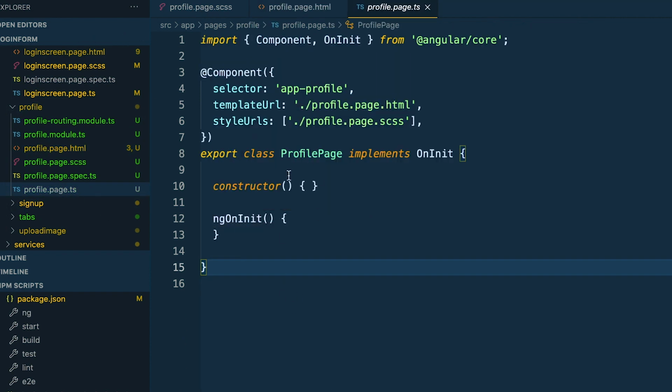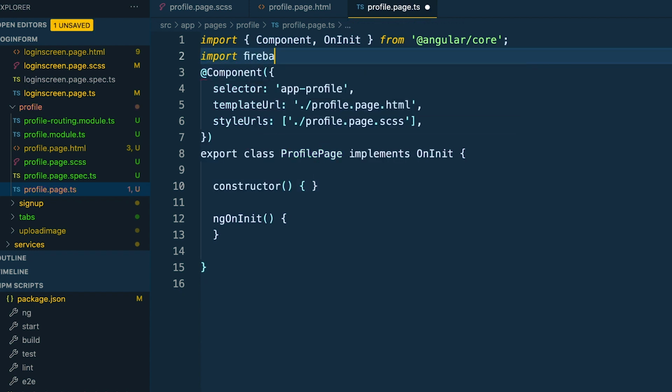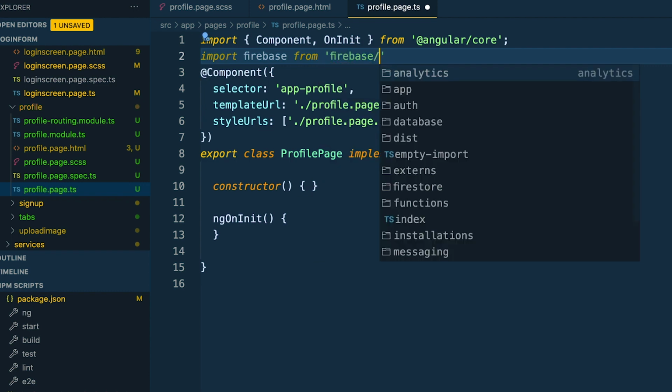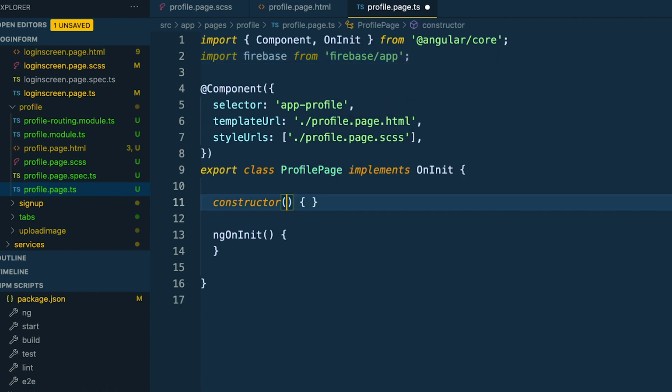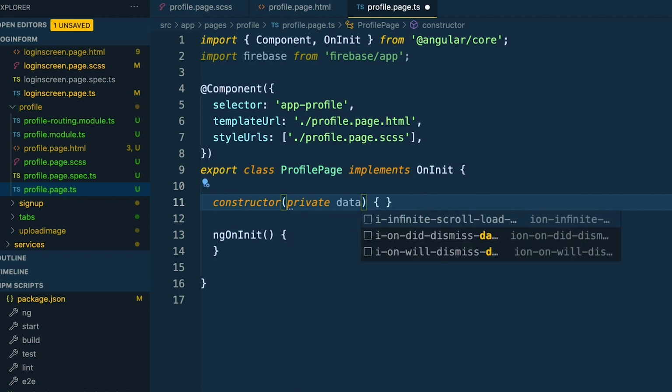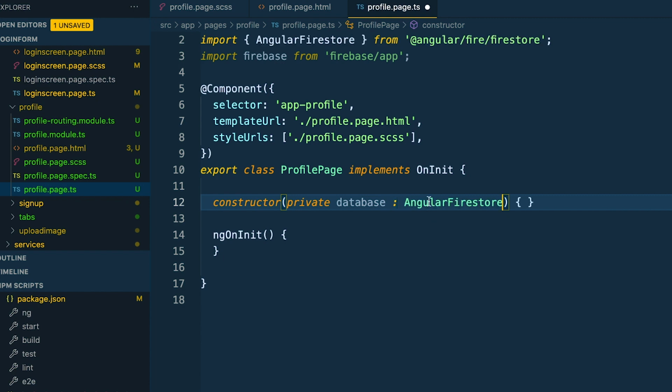Now inside here we are going to import firebase from firebase, then app, save this private database. So AngularFirestore is what we need. Save, and I think let's go in our ngOnInit method, and this is where we are going to start